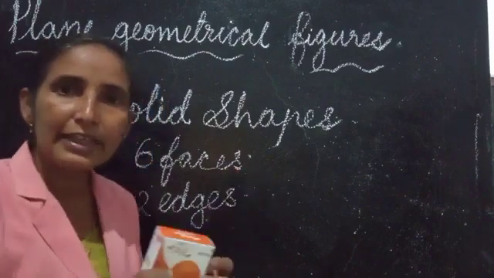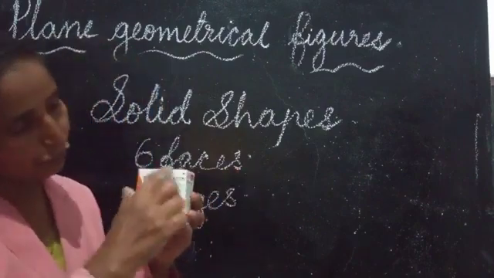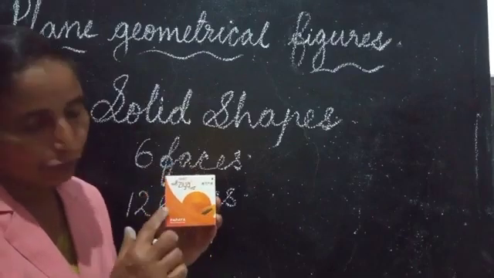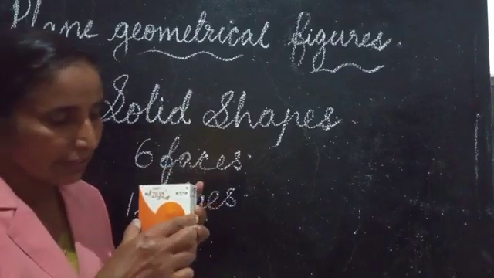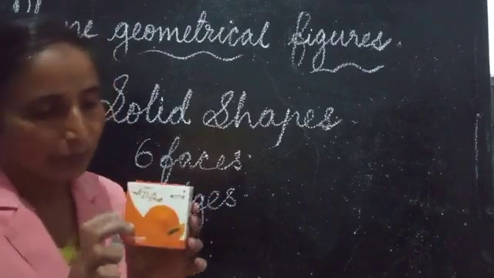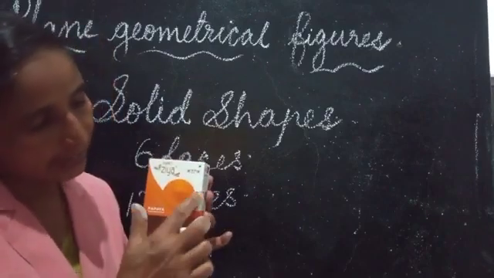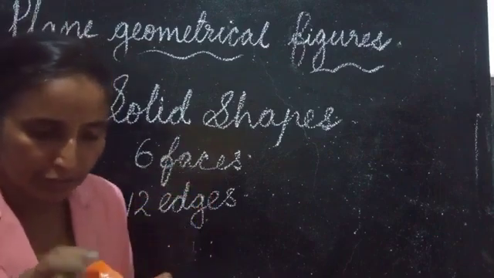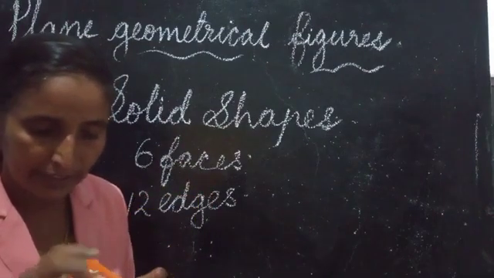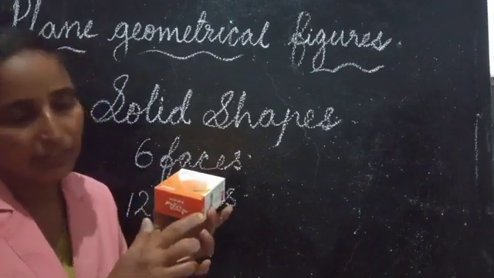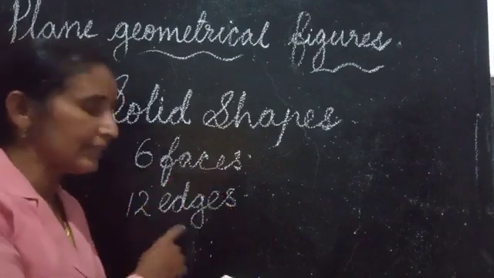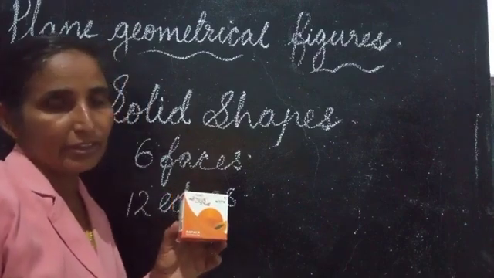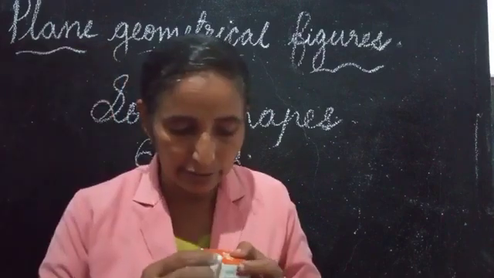Do you understand which are the 12? Here on the front side you can see 1, 2, 3, 4. Isn't it? The same way, back side 5, 6, 7, 8. Then we did not count these two sides, 9, 10, 11, 12. So how many edges are there for a cuboid? 12 edges.